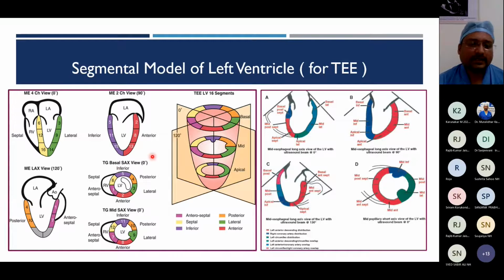a posterior wall. In the transgastric basal short axis, as the probe is posterior to the LV, in the near field of the sector image the wall is the inferior wall, and the far field has the anterior wall, while on the right hand of the observer is the lateral wall, and on the left hand it is the septal wall. Some echocardiographers call it a posterior wall, or for simplicity we can call it posterolateral, or inferolateral and inferior.